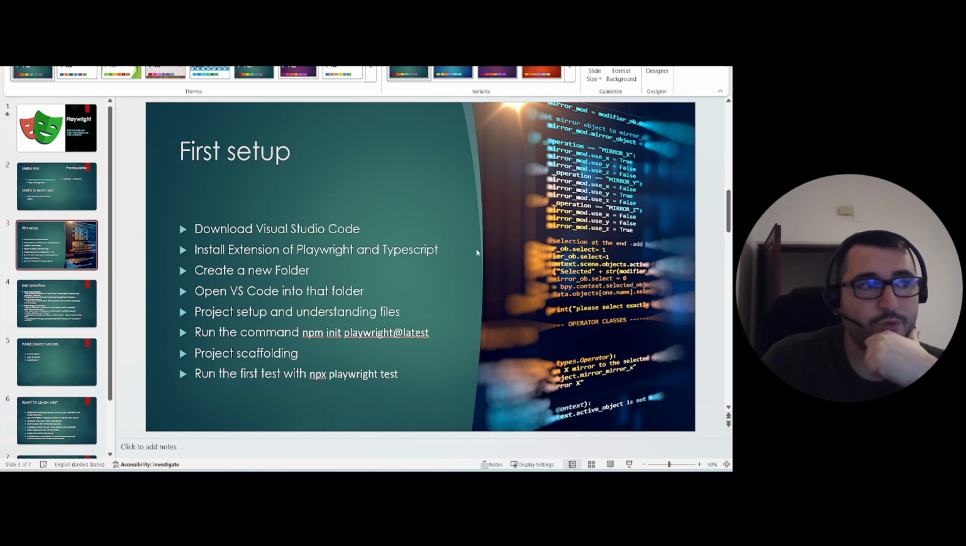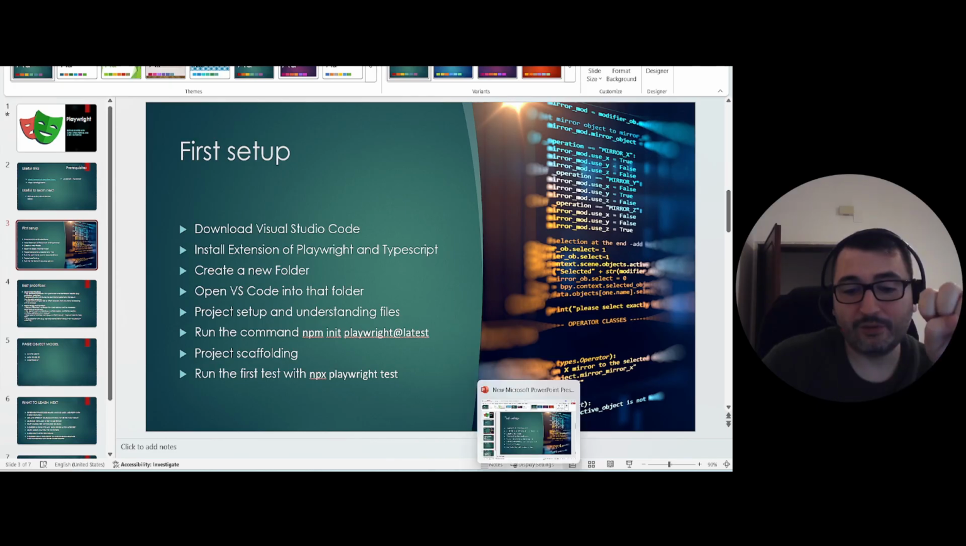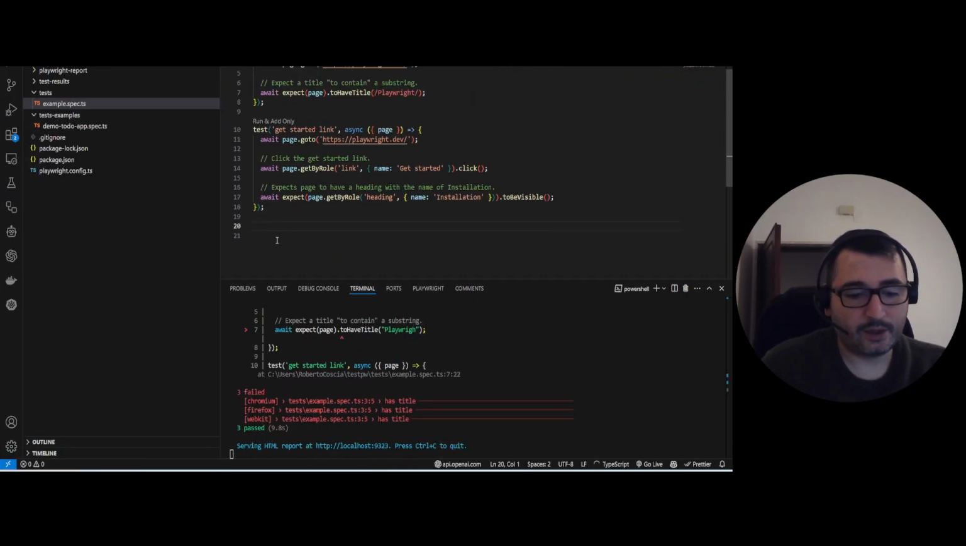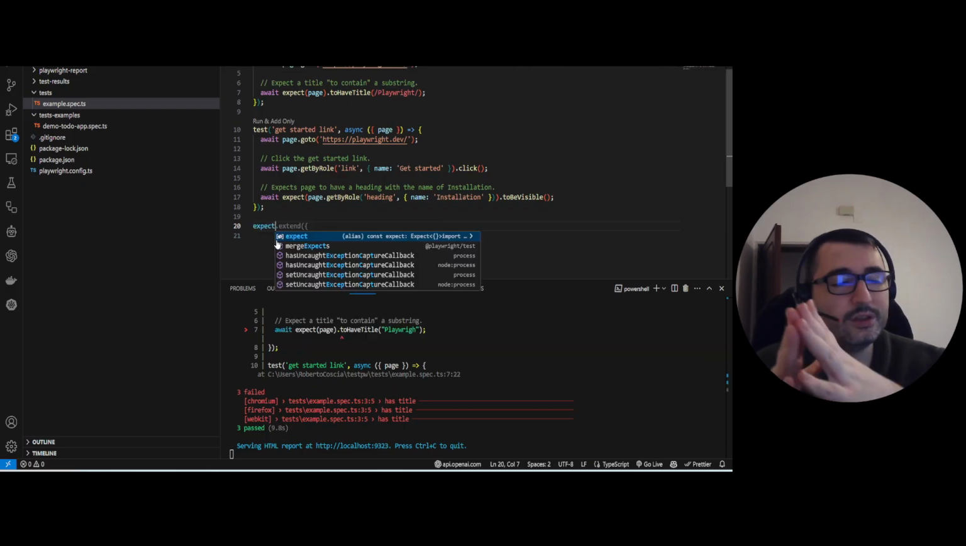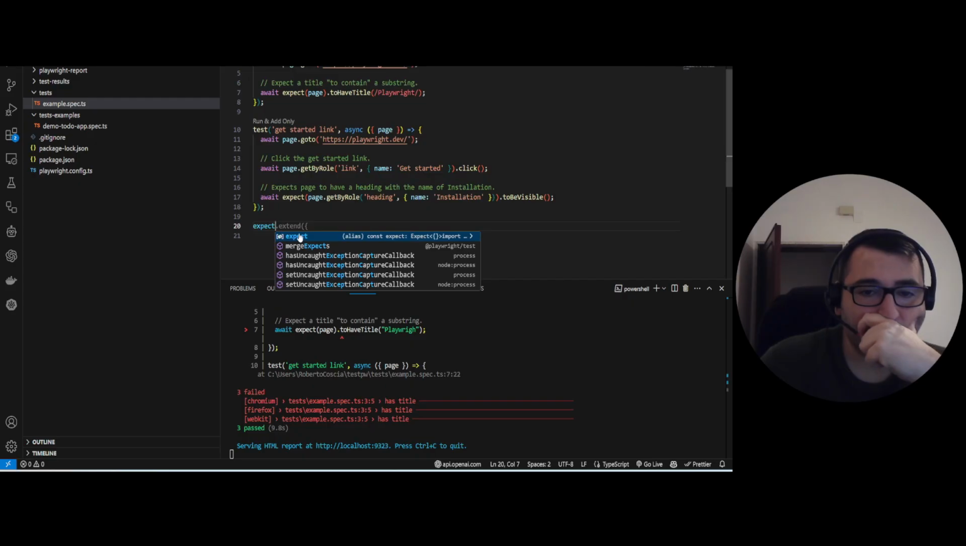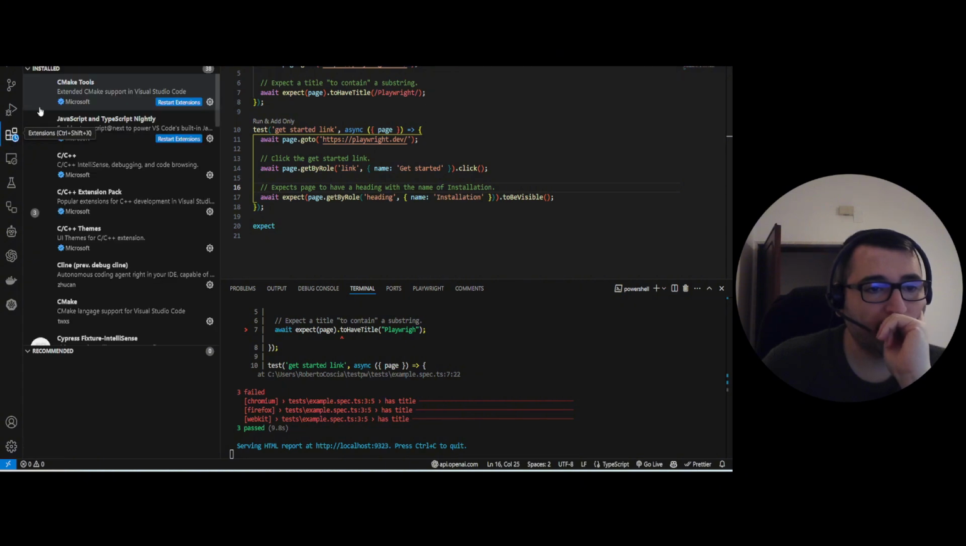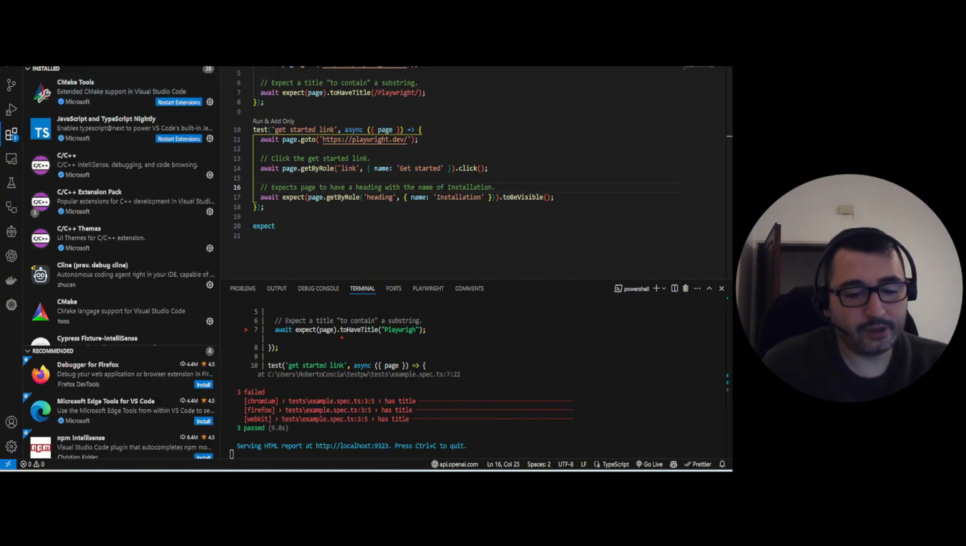So some of you might try to write tests and might have noticed that in VS Code, if I write something like test, you see that I already have some advice showing here. You can see that this command is known by VS Code. How is that happening? You have to install a few extensions in VS Code, which are very important, which are Playwright,